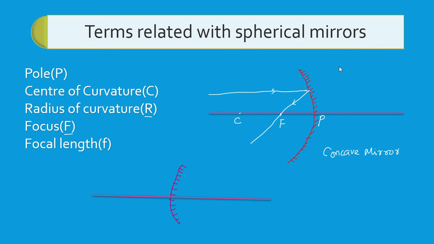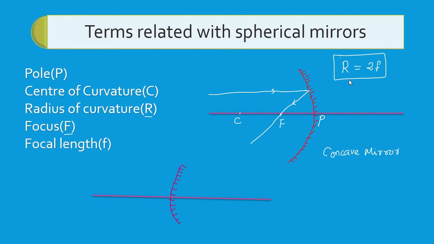For spherical mirrors, there is a relation. The radius of curvature R is equal to 2F. The first formula from this chapter, right? In reflection of light, we have seen I is equal to R. So the formula we are studying now is R is equal to 2F. This is the first equation of this chapter, right? Very simple formula. The radius of curvature is going to be twice the focal length.